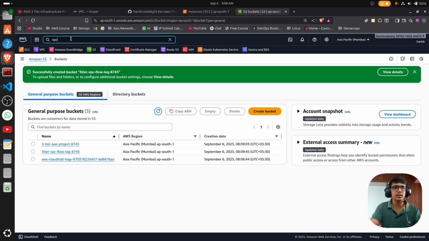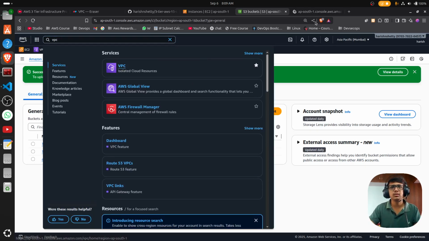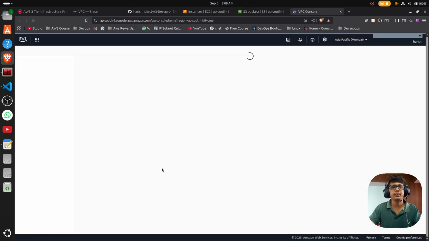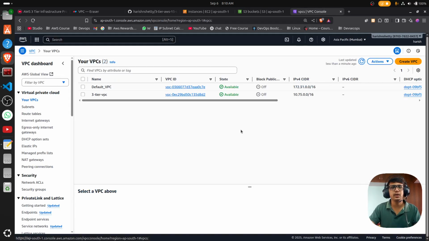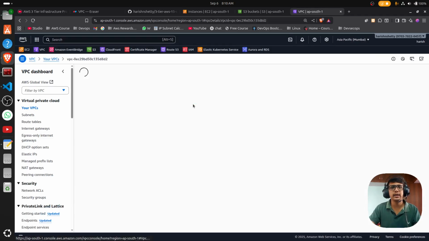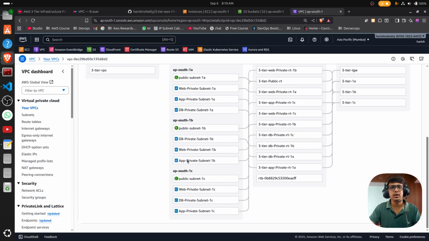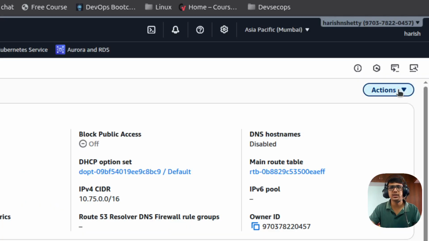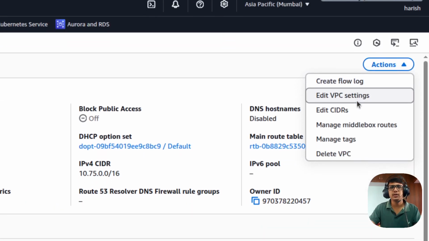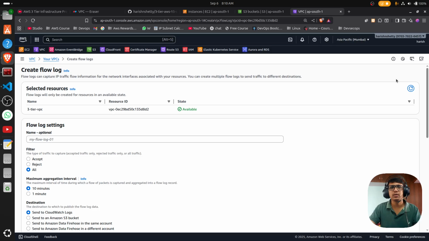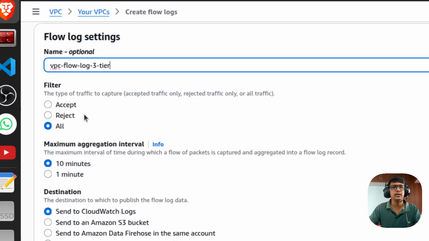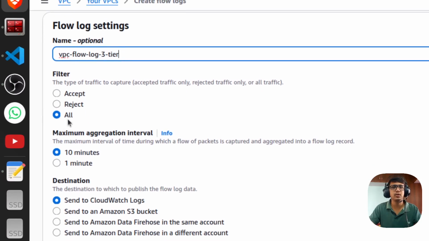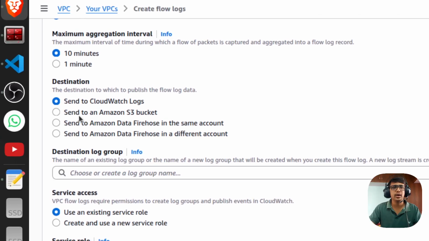Now move on to the VPC. Click on the VPC and select your created VPC. Here in the actions, click on Actions, Create flow log. Name it VPC flow log 3. Done. And for filtering I am just going with the default, All, and you have to select Send